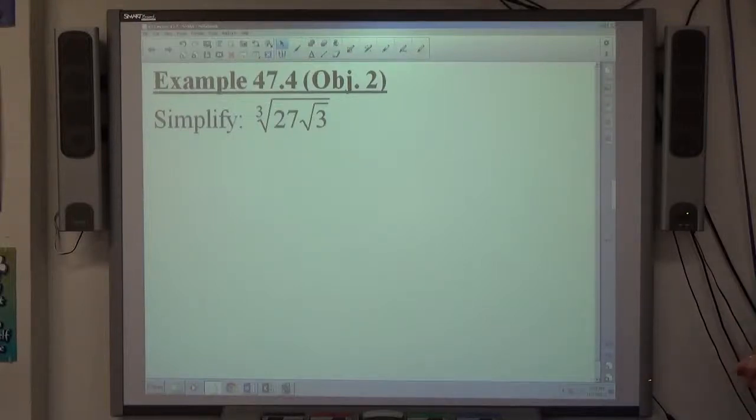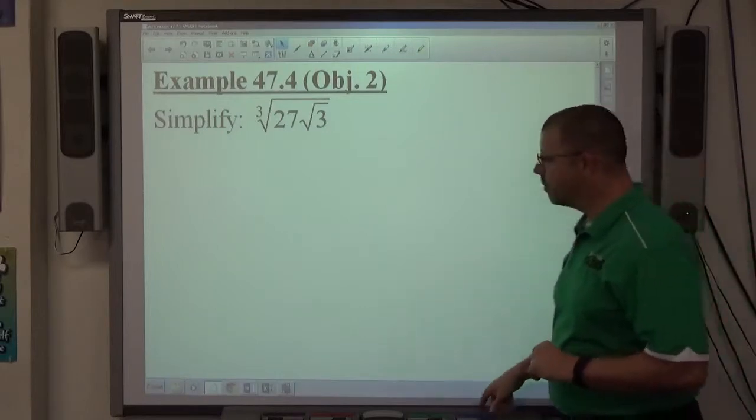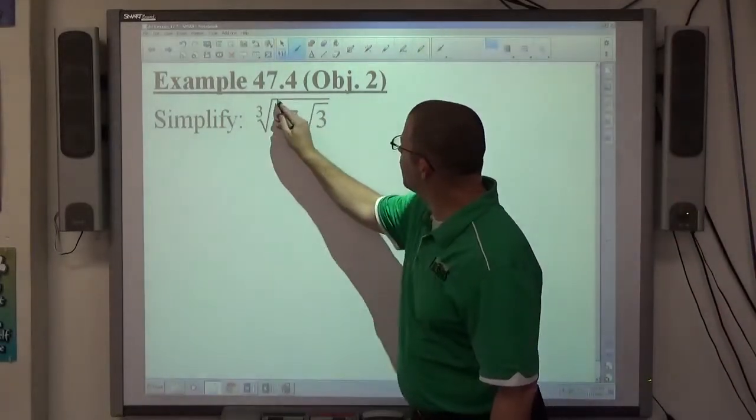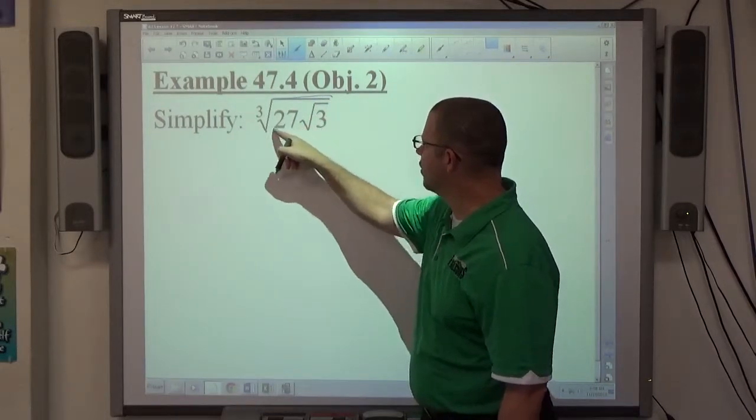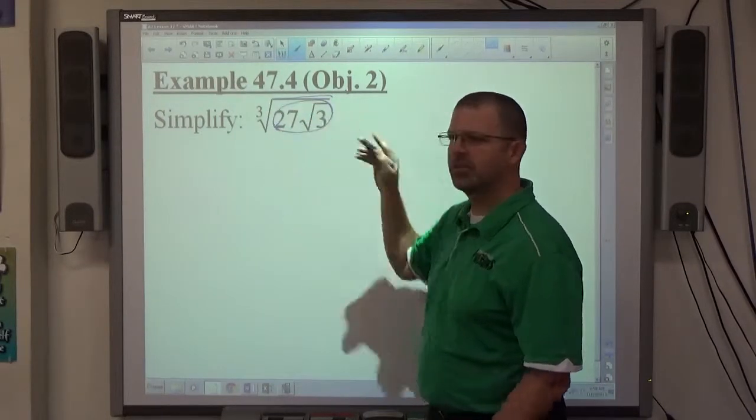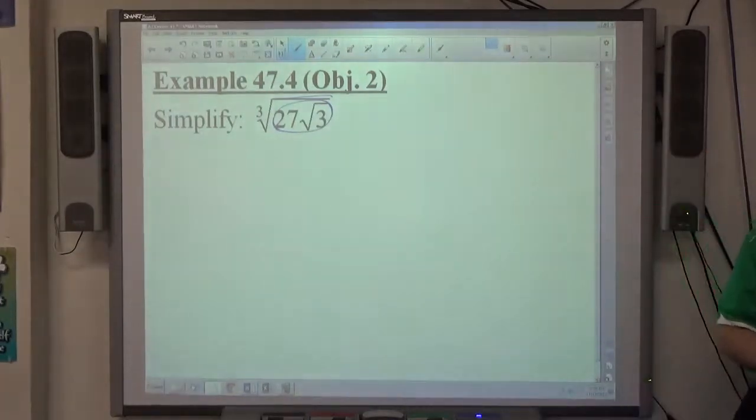Example 4: simplify the cube root of 27 times the square root of 3. Again, paying attention to detail here, this radical bar extends over top of the other radical. So this whole thing is positioned underneath this radical, which makes it the second kind of problem we dealt with